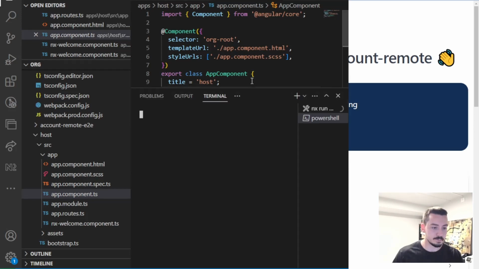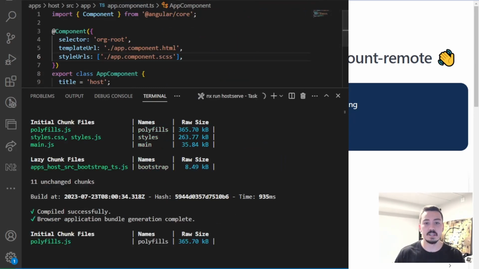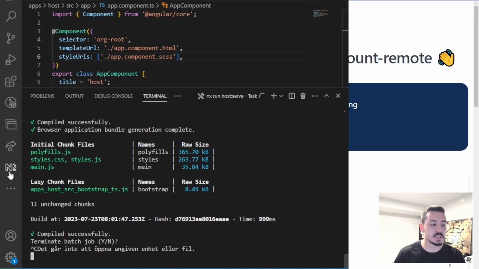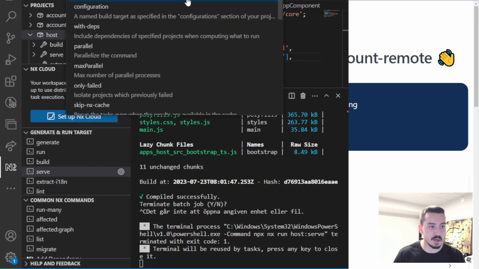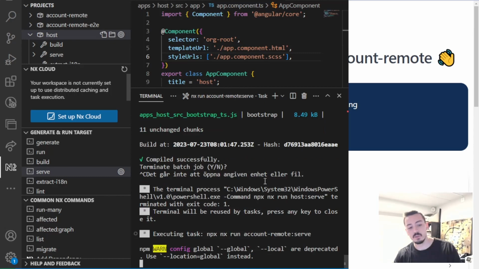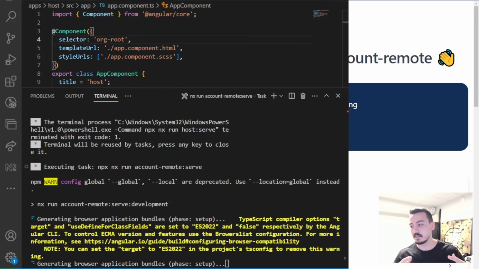So let's see here, compile successful. It doesn't really recompile the sub features that you have, so you would have to set up a different way of working with it. Usually the way you would work with a sub application is that you would just go serve account, and then you would just serve your account remote application to do the changes there. This means that standalone teams can work on different features at the same time without having to think of destroying